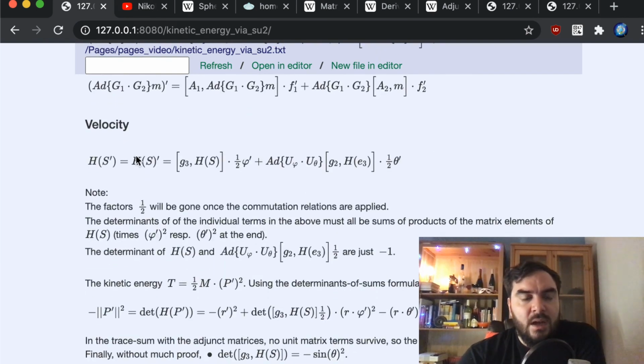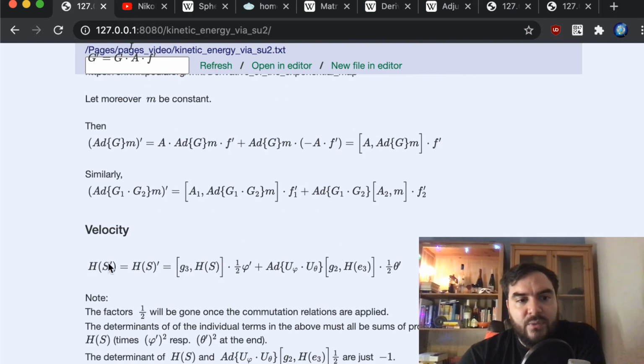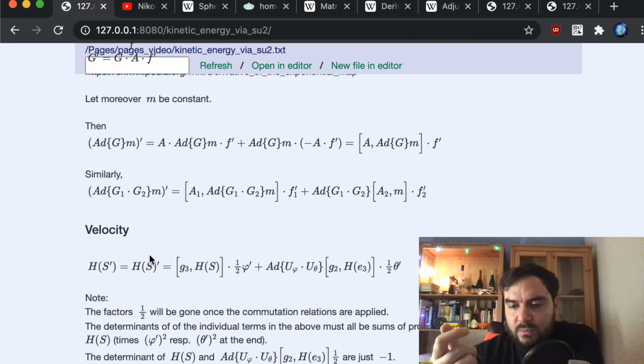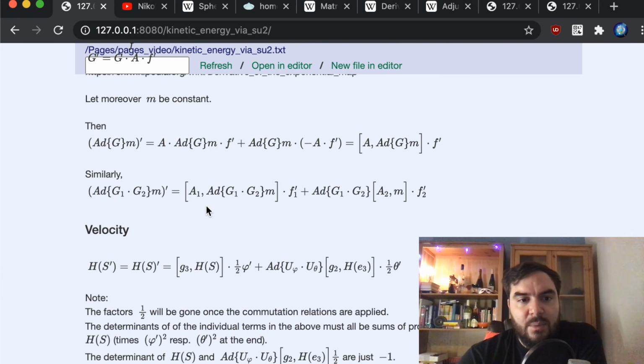So taking h of s prime is the same as h of s, and that primed. Here, since h of s is the unit vector in the z direction turned around, we can apply this formula. And so on this side, this is just what we started with. This is just hs, right? This is just the